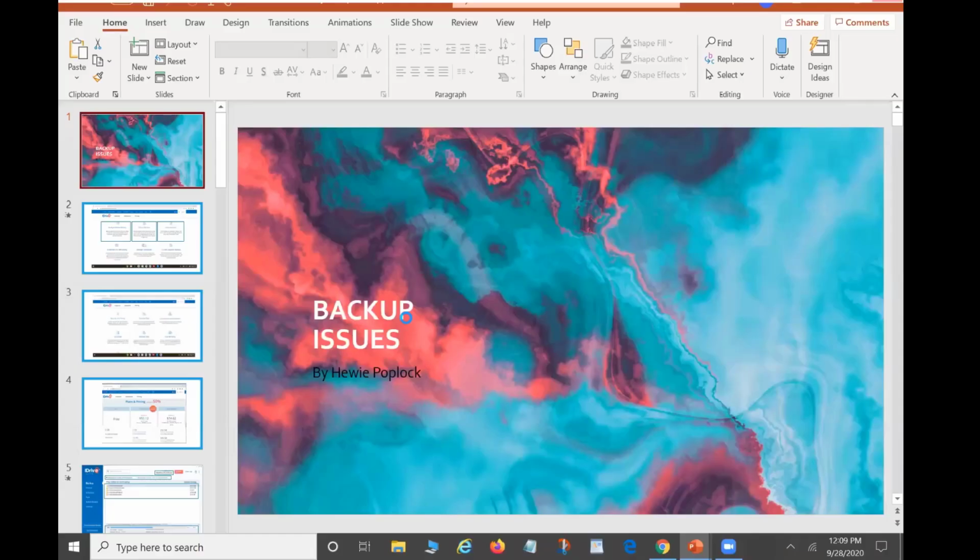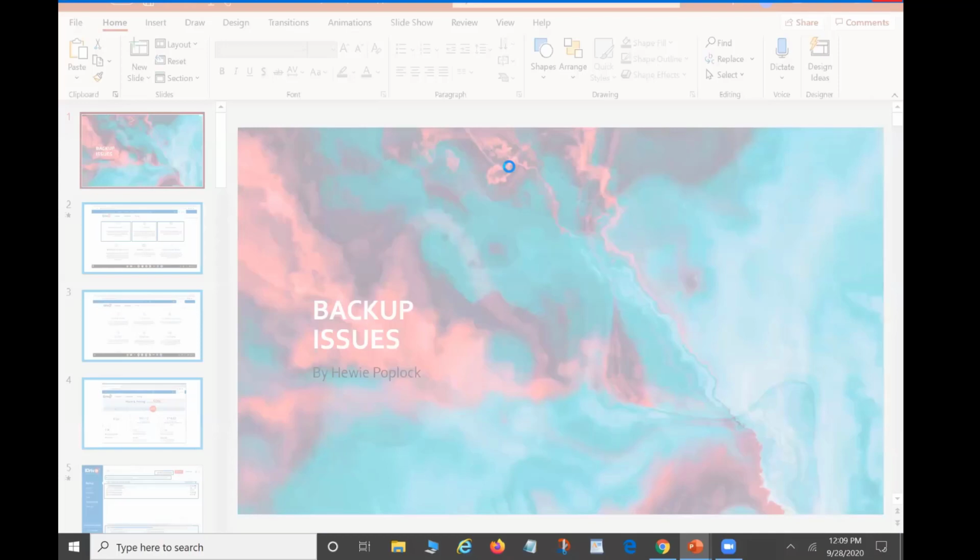Anyway, I'm going to talk about some issues I've had backing up my system this week. One of the ways I back up my system is using something called iDrive, which is a cloud-based backup, and it doesn't want. Let's see. Anyway, hope I don't lose everything here. Let me go back to the beginning here. And anyway,